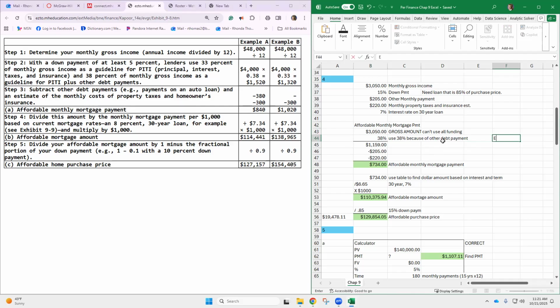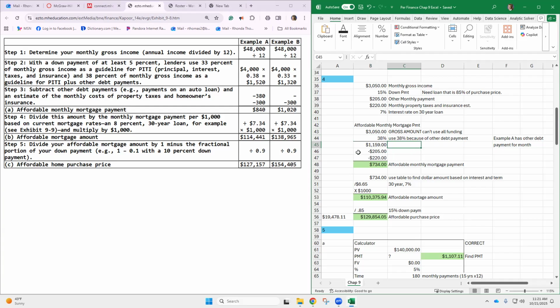So example A has other debt payment for the month. So that's why we're using 38%, 38%. And this is gross. This is not the amount you bring home. This is the amount of your earnings, okay? So if you take 38% of the gross amount, it's